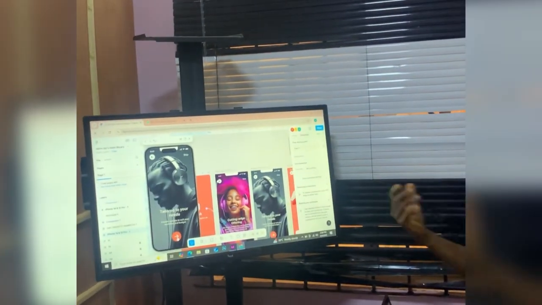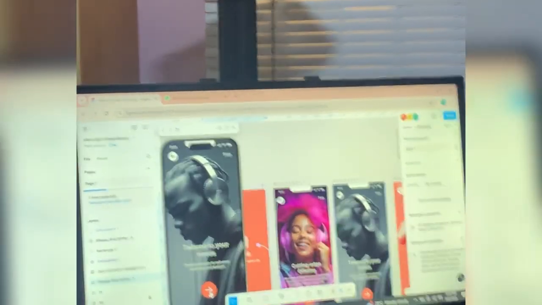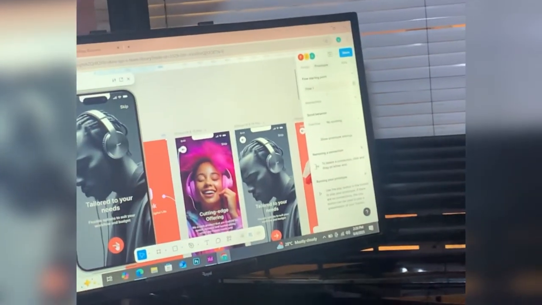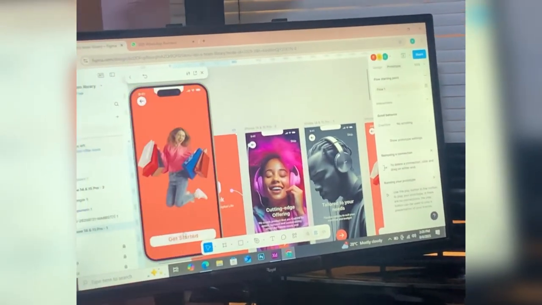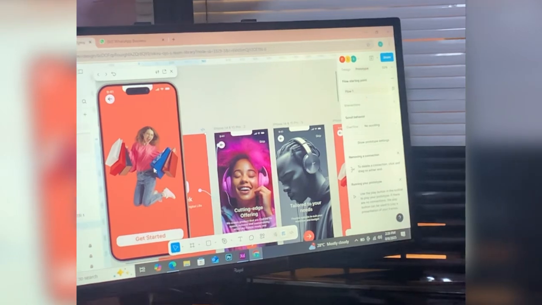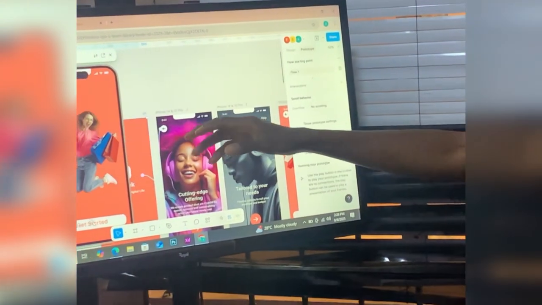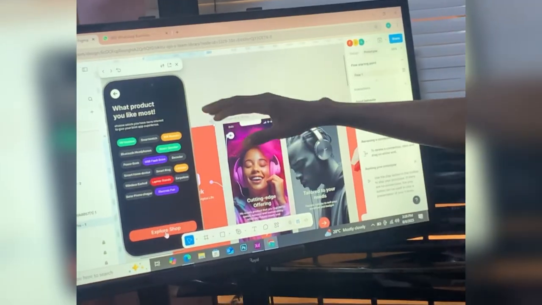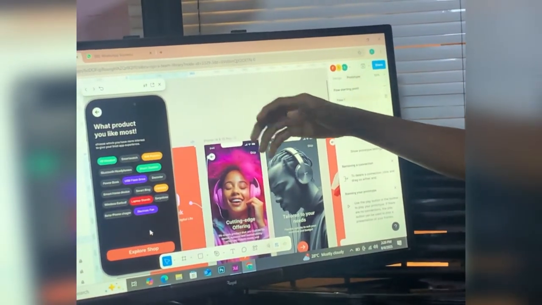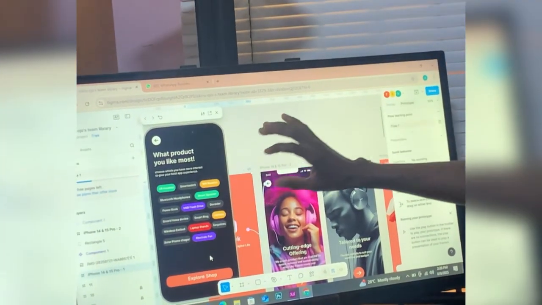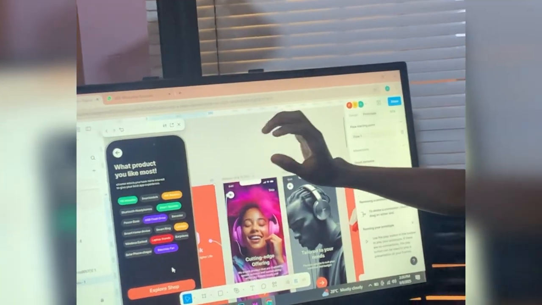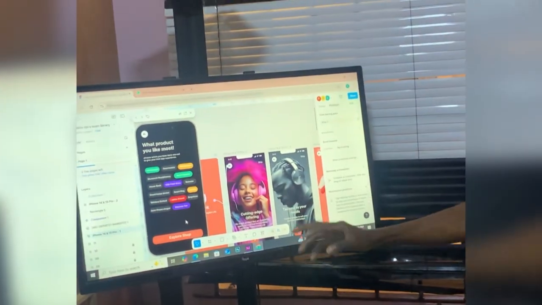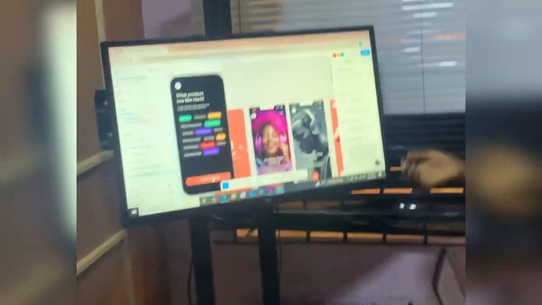Can you read this? So this one is the onboarding page, which you can also skip so as to go to the login page. So if you want to get to the main page, I'll click on get started. So this one is mainly for when you want to explore, like you want to go directly to what you specifically want to buy. So that's why we created this page, the products you may like the most.